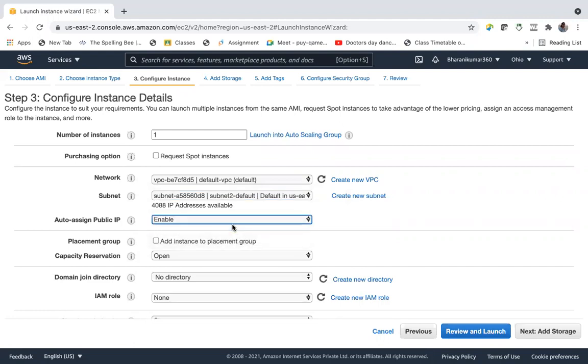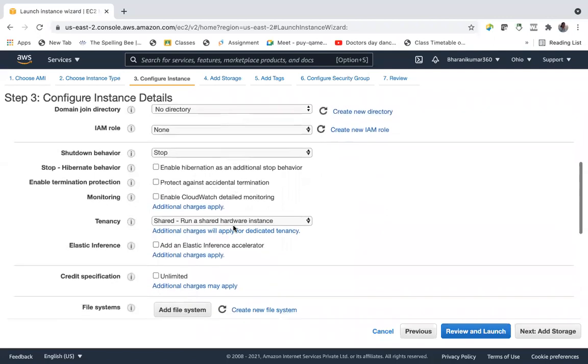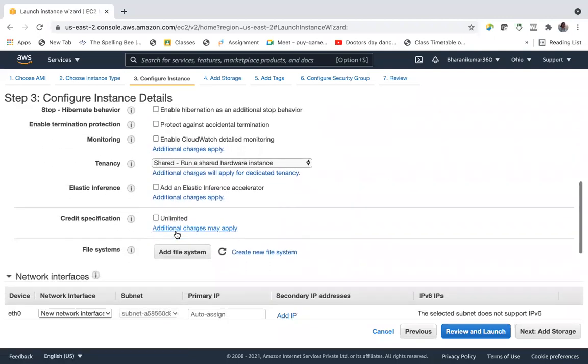Enable public IP, and it's better to have an elastic IP. Why? Because it's going to act as a jump server, right? We don't want our jump server's IP to be a dynamic one. So auto assign public IP, elastic IP, interface.